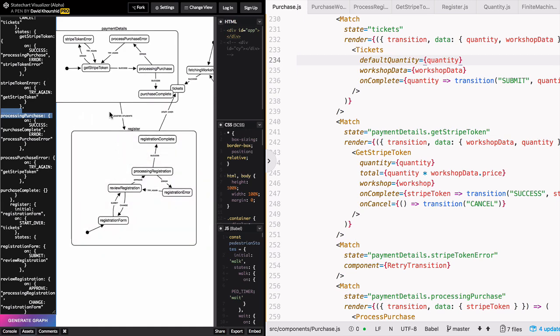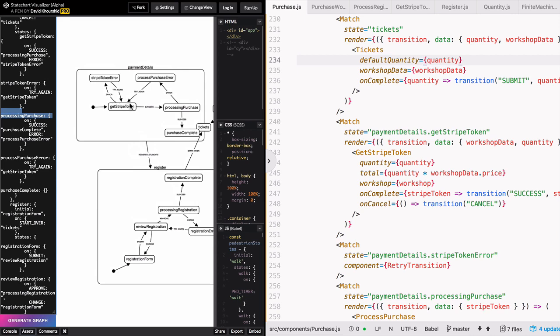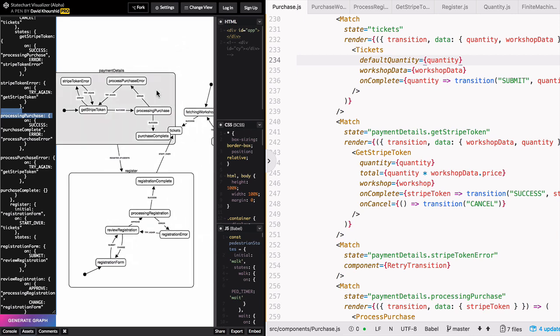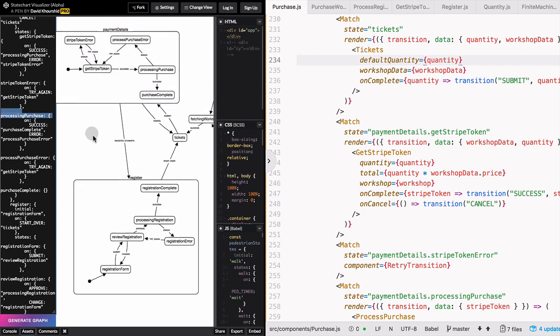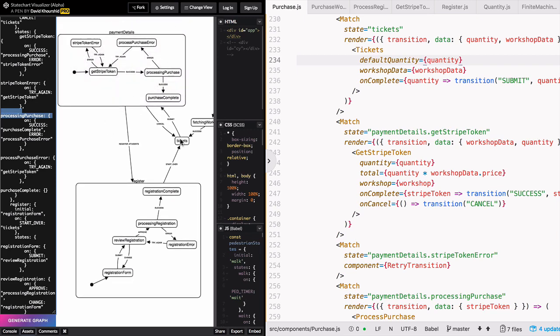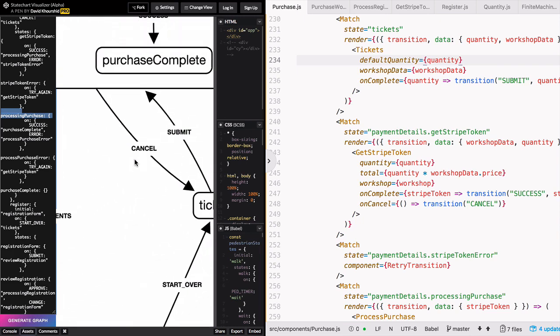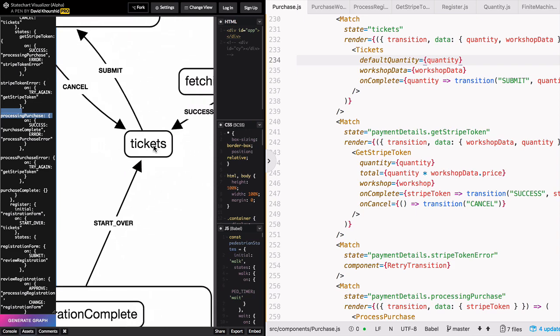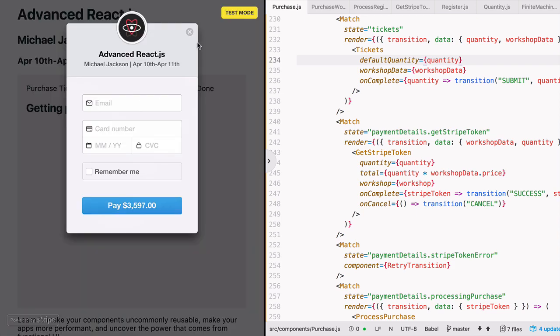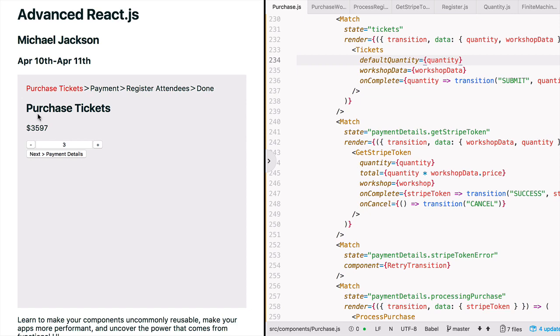So if we try to get the Stripe token and we send a cancel, there it is. So we are in tickets, we submit the number of tickets we want, and then out of the Stripe token we get a cancel action. So we're going to come right back here to tickets. So back in tickets, and this is cool, we still have our data because we passed in a default quantity,